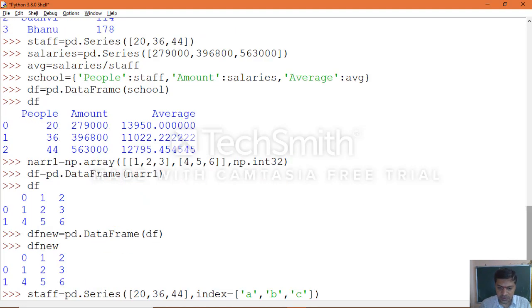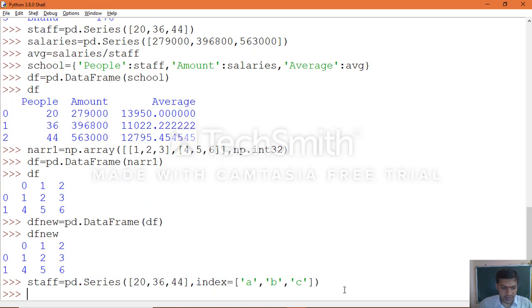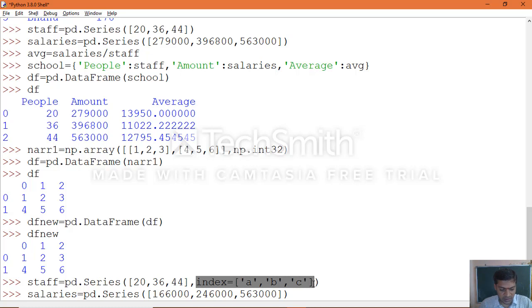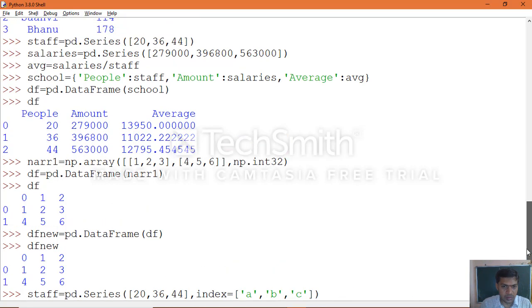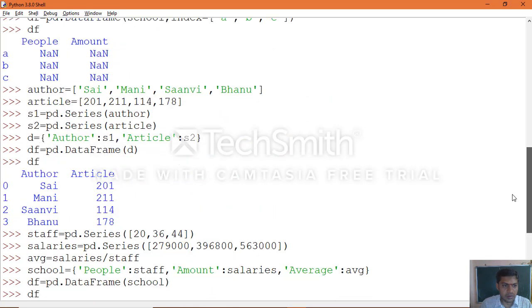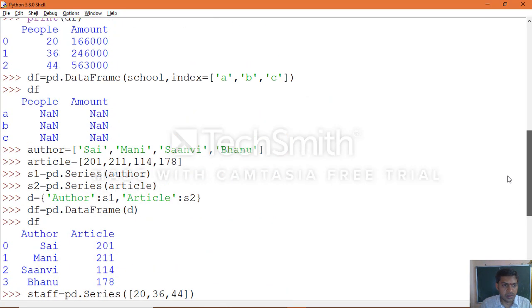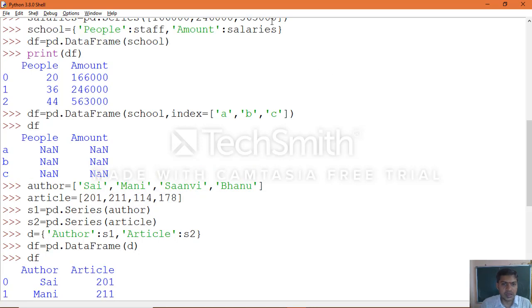We are trying passing the indexes within the series objects. Now create the dictionary, that is school.